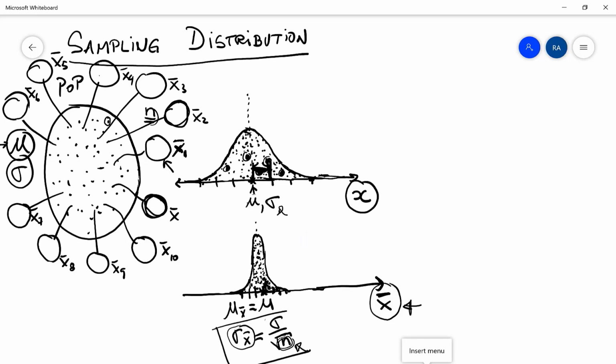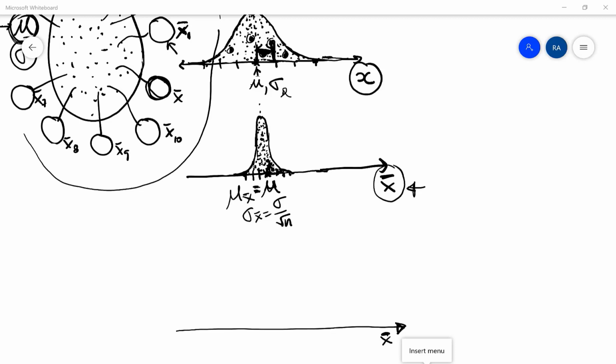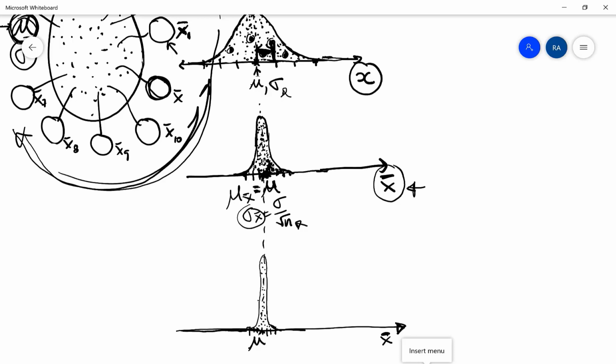This relationship is very important because when we increase our sample size, all of these sample means will be closer to the true mean of the population. It means that we can control how close we want all of these sample means to the true parameter by changing the sample size. For example, it is possible to select the sample size such that the standard deviation is so small that the majority of these sample means are located close to the true mean of the population in that